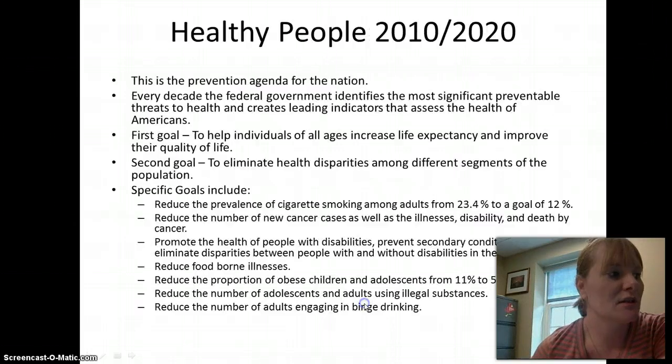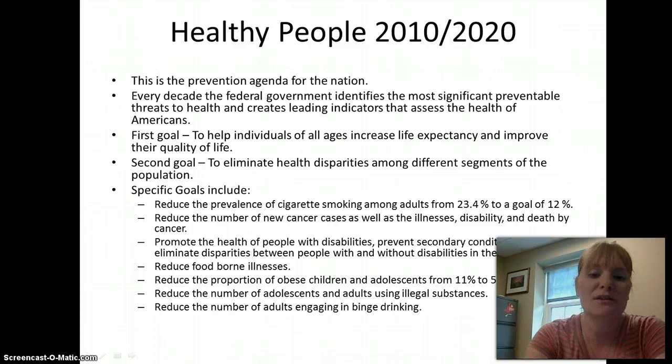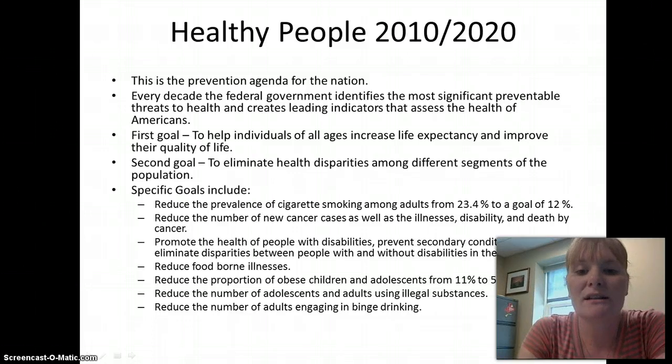One initiative that I hope you've heard of, but is out there by the government, is called Healthy People 2010-2020. So they're done in 10-year spurts, and it's basically a prevention agenda for the nation. Every decade, the federal government identifies the most significant preventable threats to health and creates leading indicators that assess the health of